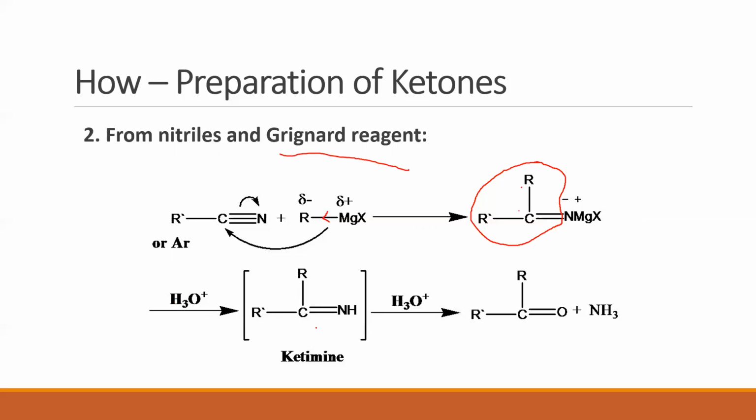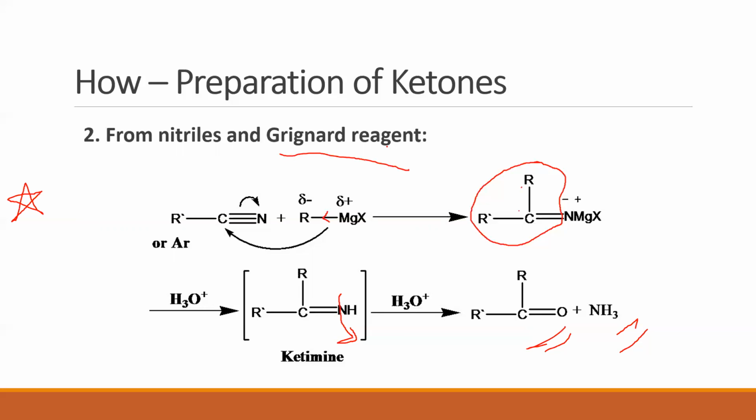This is an imine, and since it resembles a ketonic structure here, this is called a ketimine. Now what's happened in the ketimine? MgX has gone out, and on subsequent hydrolysis, there is removal of this NH from water. 2 hydrogens are taken away by NH to go out as NH3. From water, there's that remaining oxygen. That oxygen gets incorporated in place of NH to form the ketone. Yeah, this is an important method, one of the important methods of preparing ketone.